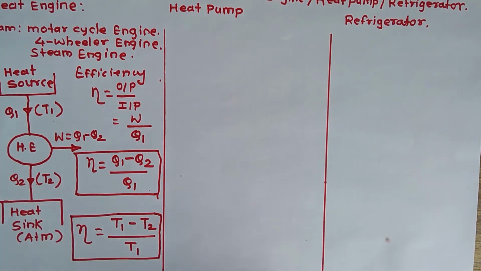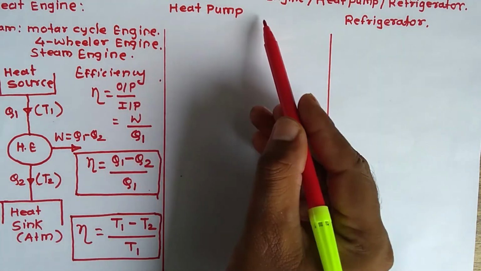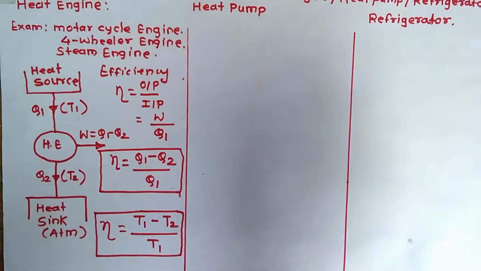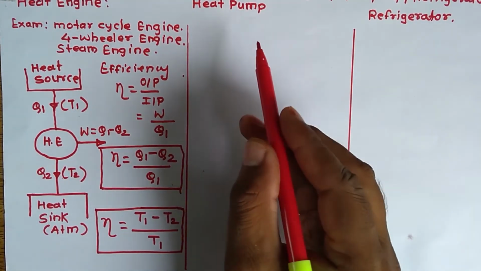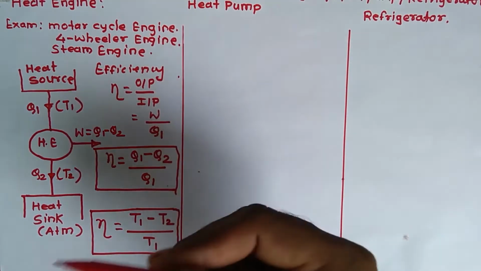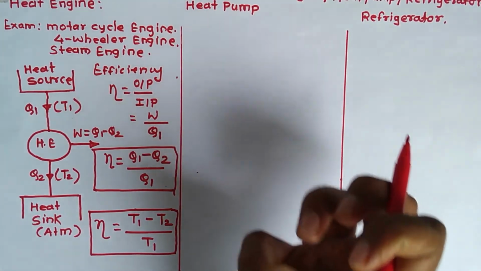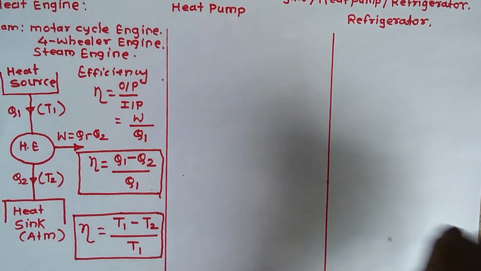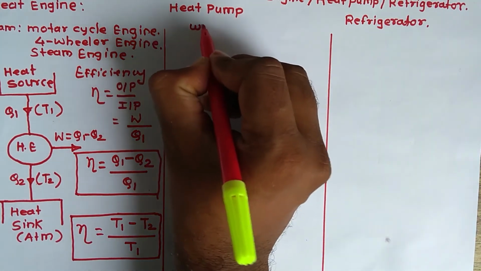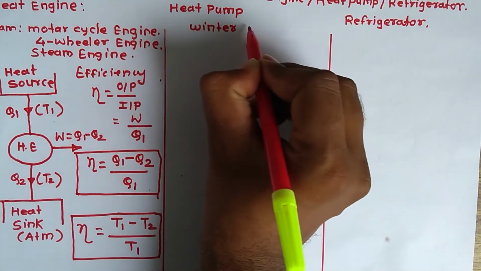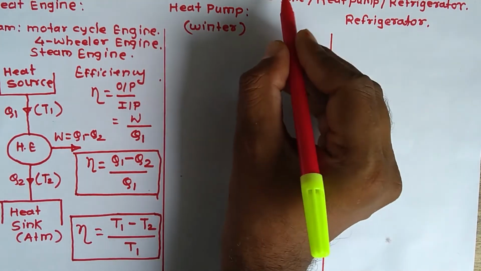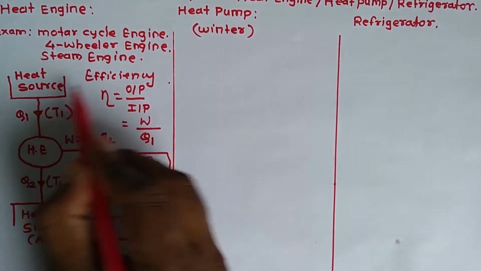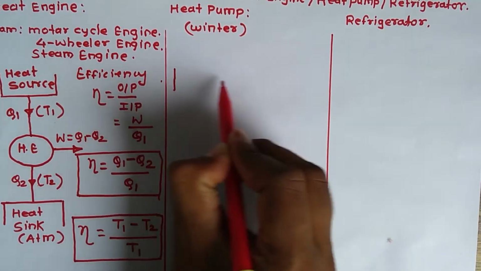Okay, now we'll see the next term, which is related to the heat pump. Now we can compare the heat engine with the heat pump and the refrigerator. A heat pump is a device used to heat a room: it absorbs heat from the atmosphere and supplies that heat to the room. So the heat pump is used in winter season, or in western countries, to heat a room. For that purpose I will draw the same diagram again, so we can see a comparative study of the three figures.